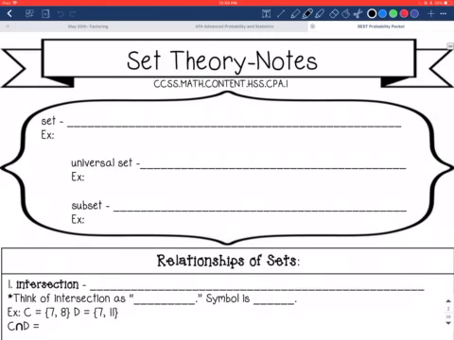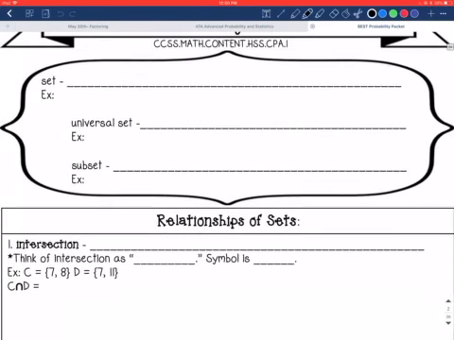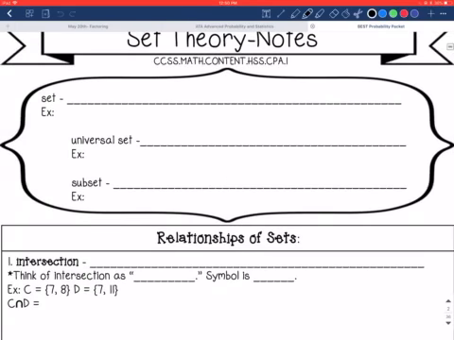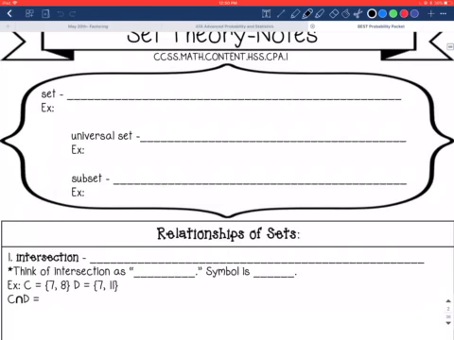This is getting into probability. It's a little bit different, and I want to show you this unit, and you'll see this format a couple of times before we get into the next lesson on probability, because I really think it sets you up for success in understanding and comprehending the content and also why it works the way it does. This is also a little bit more visual, instead of just all abstract thinking, kind of like the last one was. So, a set is just a collection